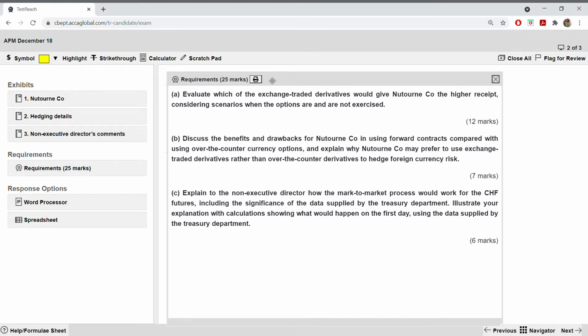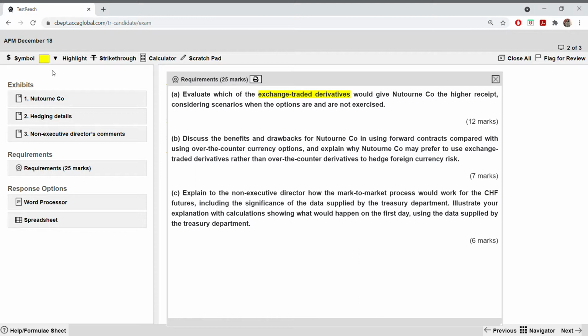Okay, but the word says exchange traded derivatives. You have to pay attention to this word. Why am I saying exchange traded derivative? Because out of forward, future and option, forward is not an exchange traded derivative. Then what is it? It is an over the counter derivative. That's why we are not using forward here. So if you have used forward and started calculating, comparing with futures and options, then you have wasted your time in doing forwards. Forward is not an exchange traded derivative. That's why they have given you exchange traded derivative.